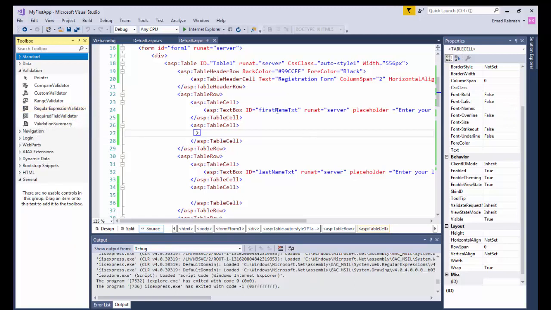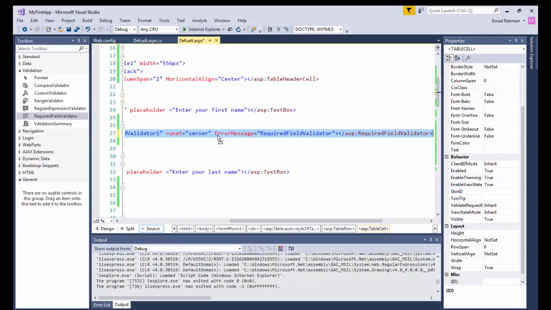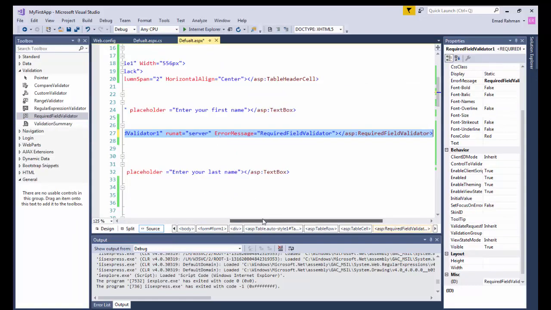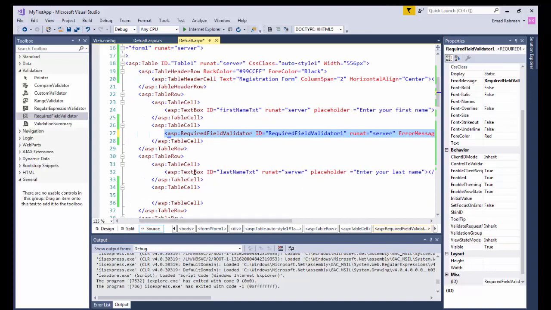So let's say in our registration form we would like the user to enter the first name and the last name, and that these two fields are required. To do so, all we need to do is to add a required field validator. Again, in order to add a control, we simply drag and drop the control into the cell. Okay, so this is our required field validator. It has an ID, it has an error message,